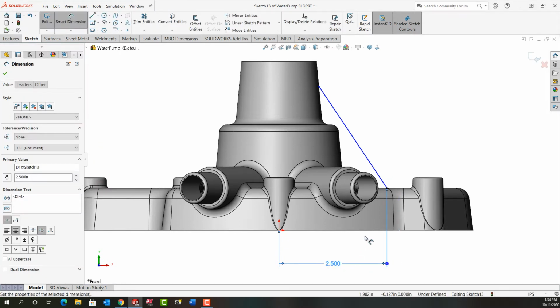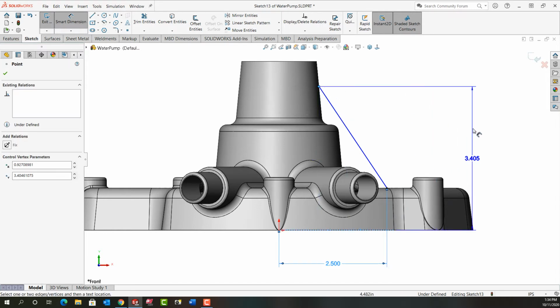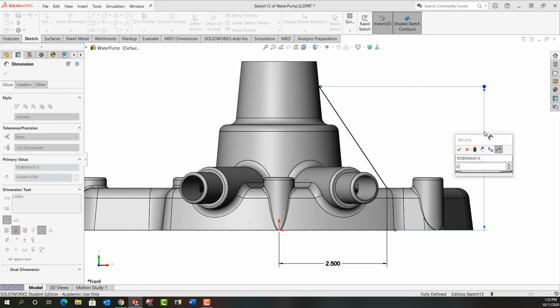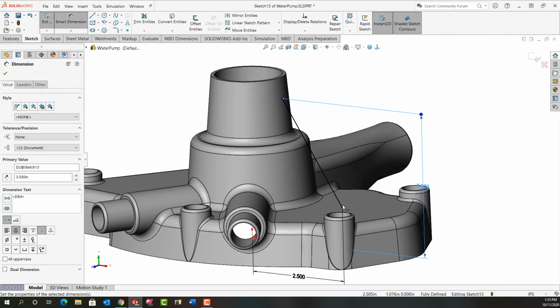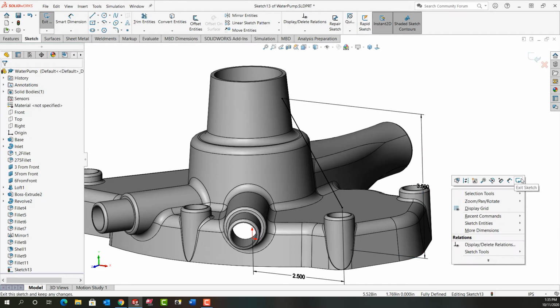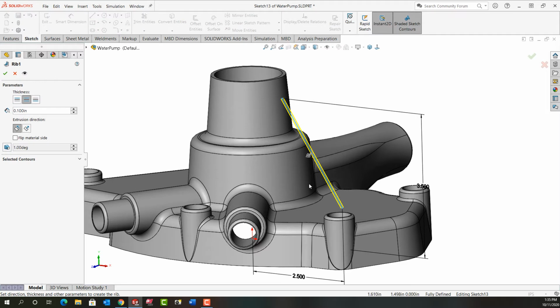And then I need to dimension from the bottom face to this point, and that's 3.5. I'm going to rotate around a bit. I have my sketch fully defined. I'm going to push escape, right click to exit the sketch, and then I want to be careful with my